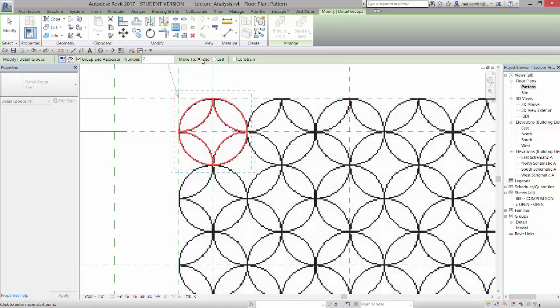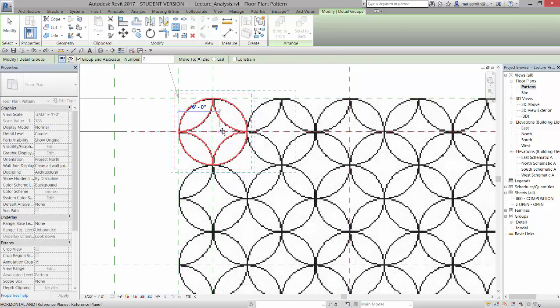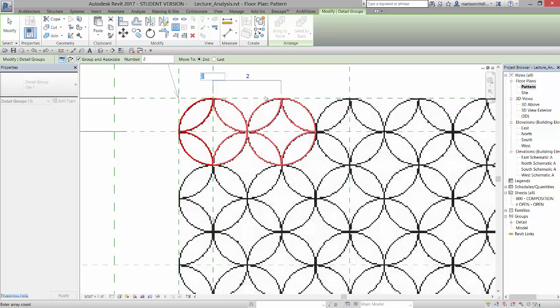and it's giving me an option to go to the second item in the array or the last item in the array. I'm going to leave it set on second, and it wants me to pick the start point of the array. So I'm just going to pick on the left side of this, and then for the finish point in the array, which I'm creating the second in the array, I'm going to left click there, and it's going to create two of these, but it's going to connect them with this little bracket,